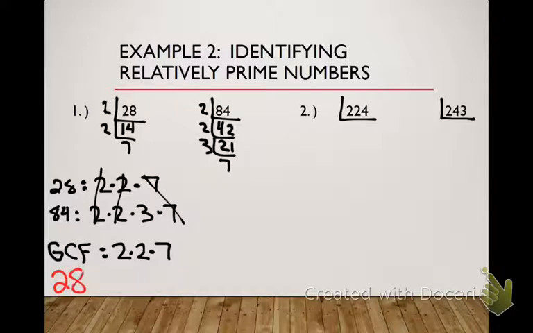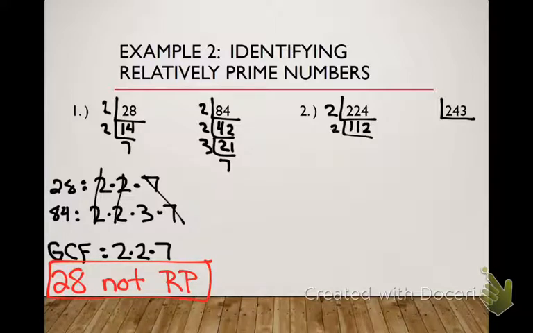Clearly not, and we're going to call it RP. Is that okay if we abbreviate relatively prime? Yes. GCF is 28, not relatively prime. So I'm kind of giving it away, but this one,